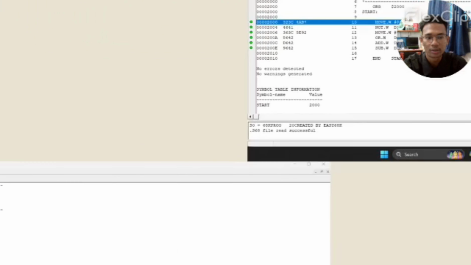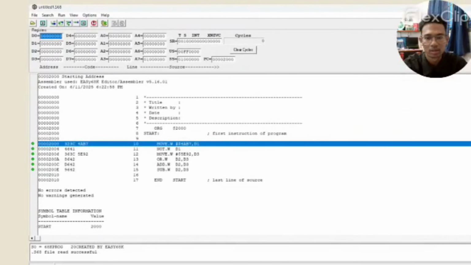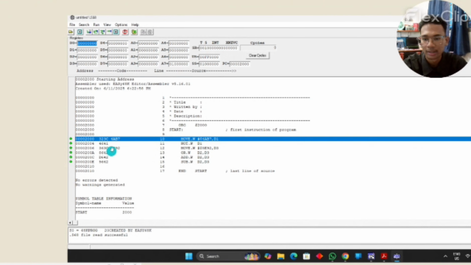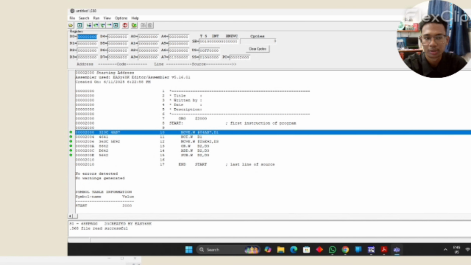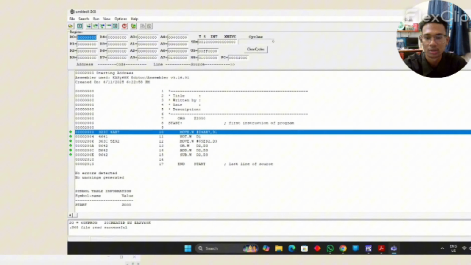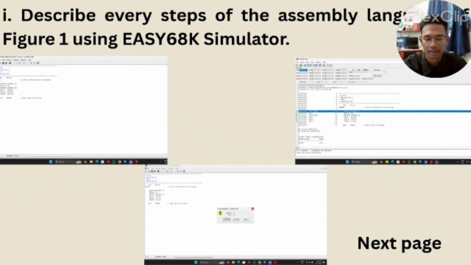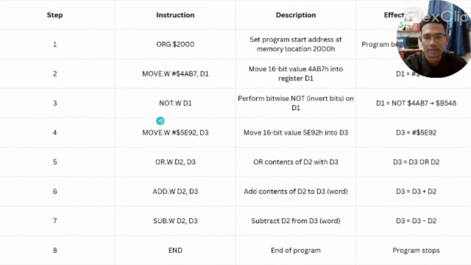After you click execute, this will come out, and here you can see the address and memory register. Actually, I wanted to show you in a screen recording, but my laptop cannot record the whole thing, so I just took a screenshot. And next, I will describe the step, instruction, and effect on the